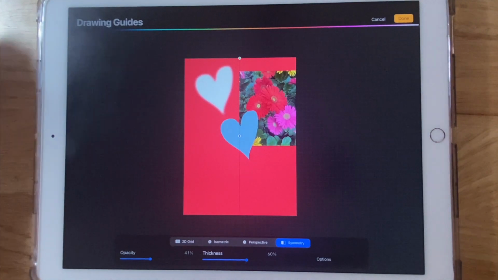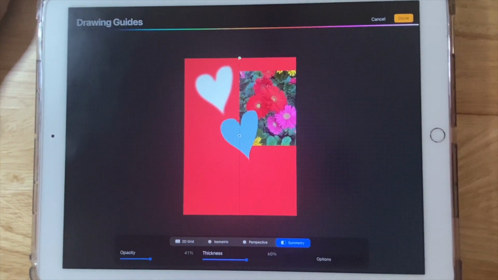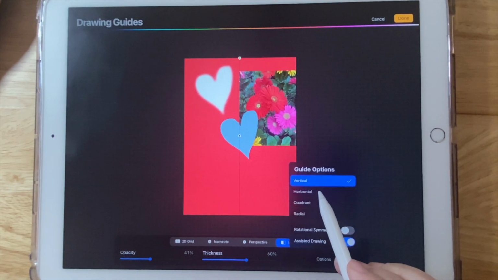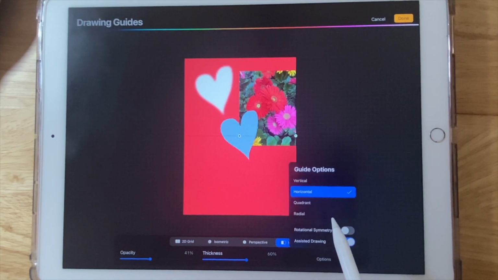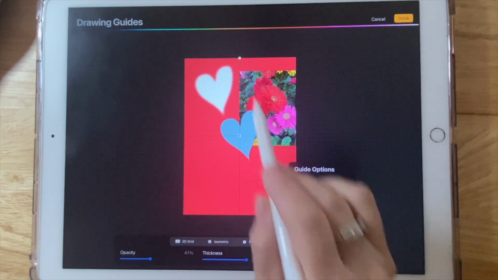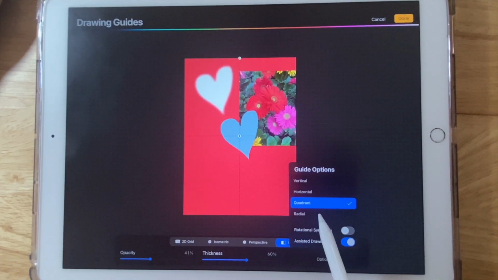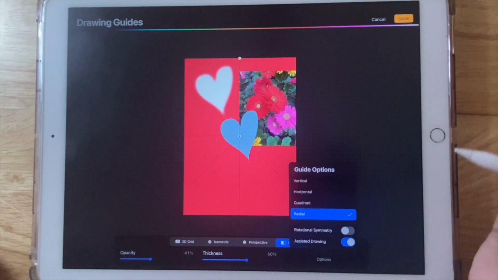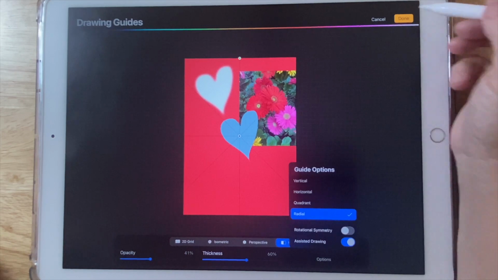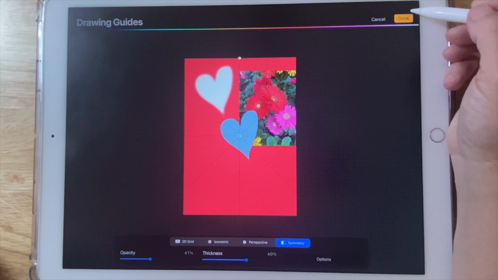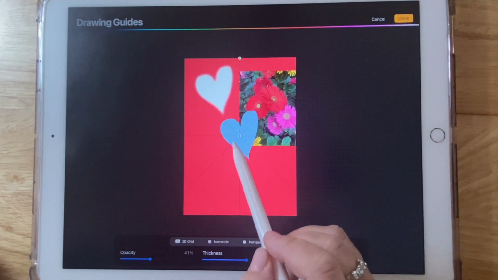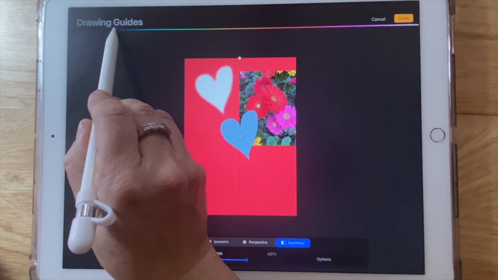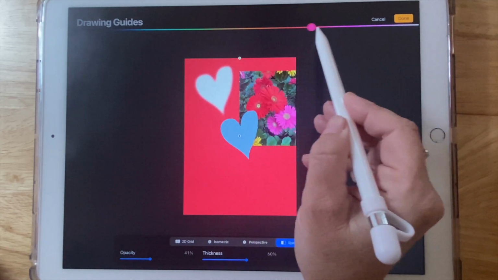So basically what you see here is a vertical line, but I can go to options and I can change my symmetry tool to horizontal, to quadrant, so cutting that into 4, or radial. Okay, so what's great about this is, let's leave it on radial. I'm gonna hit done. Oh, actually, before we do that, I can change the color of my grid or my radial lines by tapping anywhere